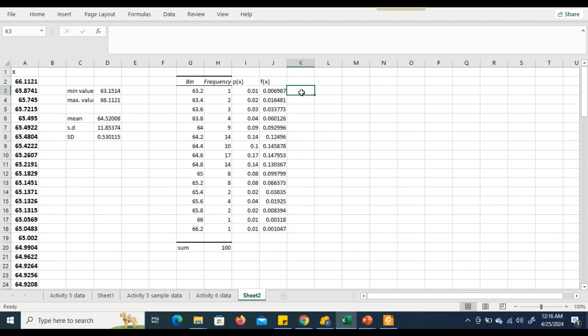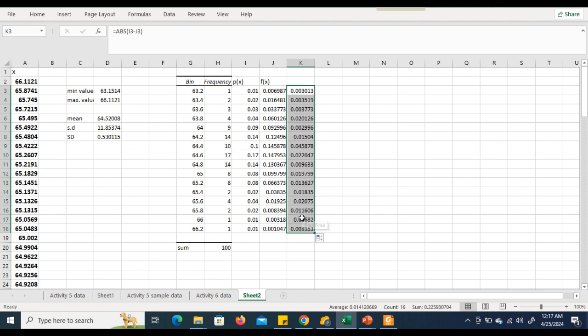So if we calculate the difference between them, although the difference is a bit quite because we have taken a sample of 500 only, so if we want to see the error, this is equal to absolute value of this minus this. So you can see here the difference is not, it is 0 point something only,